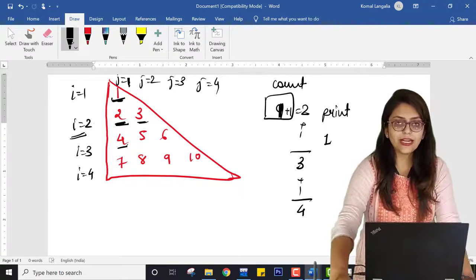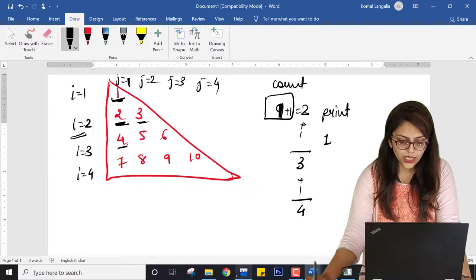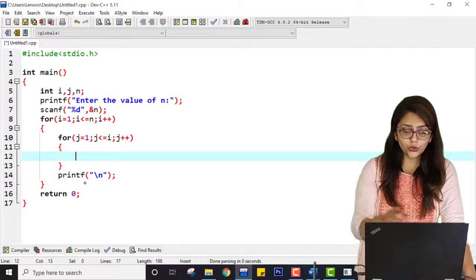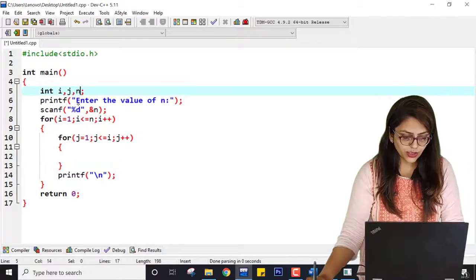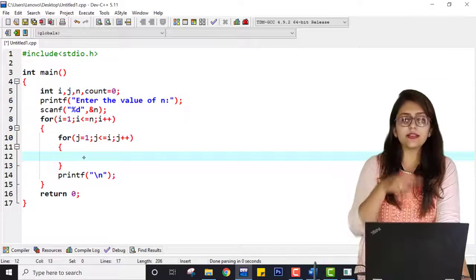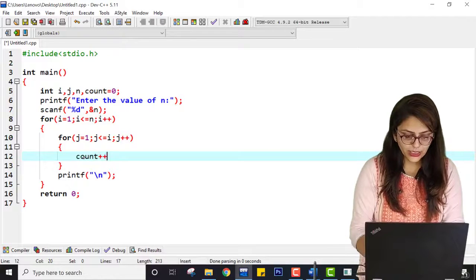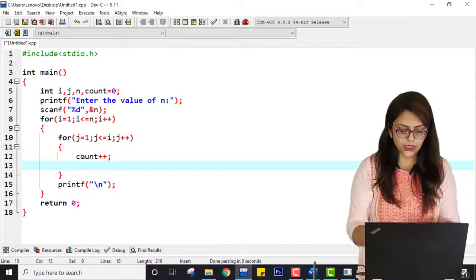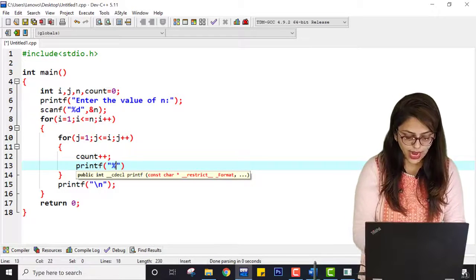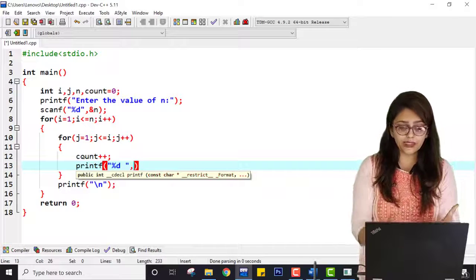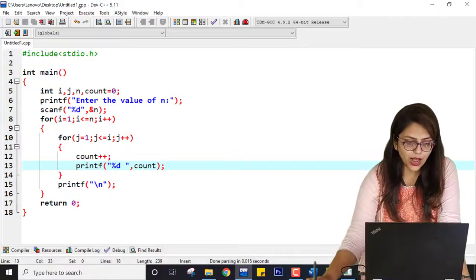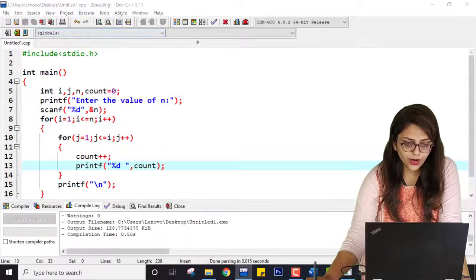So for this quadruple, I know the logic of the loops. The change to be done is inside this only. So what is the change over here? Here I am taking another variable count, which is initially 0. Every time this jth loop is executing, I am doing count plus plus, that is count equal to count plus 1, and I am printing the value of count. So right now, according to this pattern, I am not printing i or j or any other expression, I am printing the temporary variable count. Let me save this program, compile it and run it.